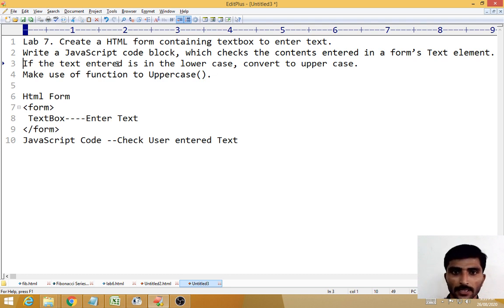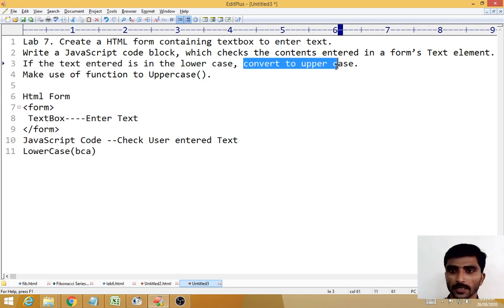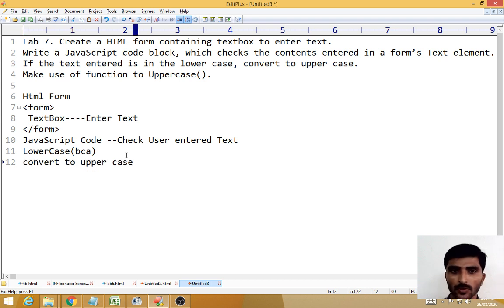If the text entered is in lowercase, suppose the user has entered lowercase, you know already lowercase and uppercase, he entered lowercase like BCA in the text box, so what the JavaScript code does is take the lowercase values and convert them into uppercase, right? So that is the code we have to write.